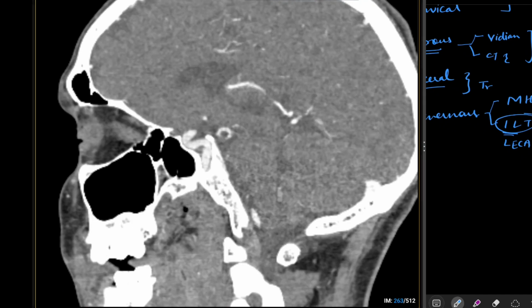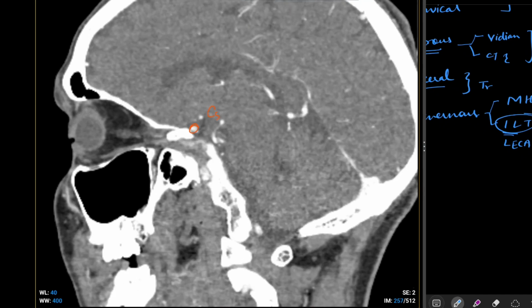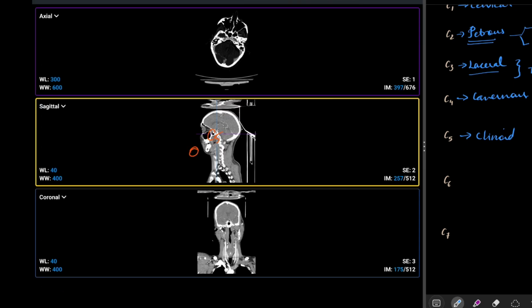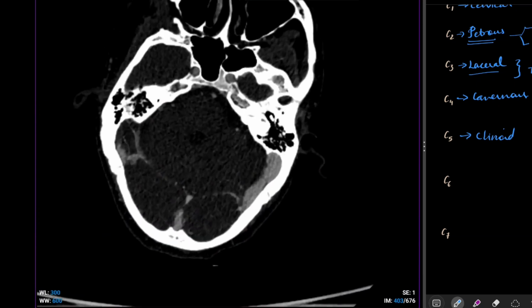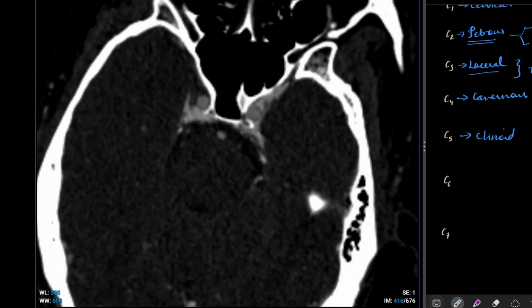And the C5 part can be seen just at the level of the clinoid process, which is essentially the clinoid segment. Since it is an odd segment, it does not give any branches. And anyway, it is a very short segment. Then it continues. If we change our view to the axial section,